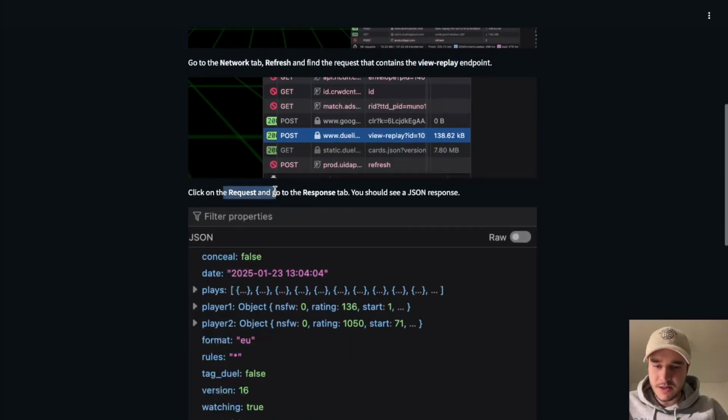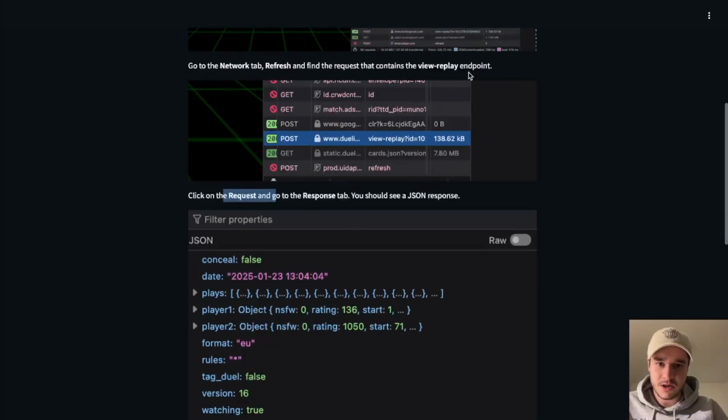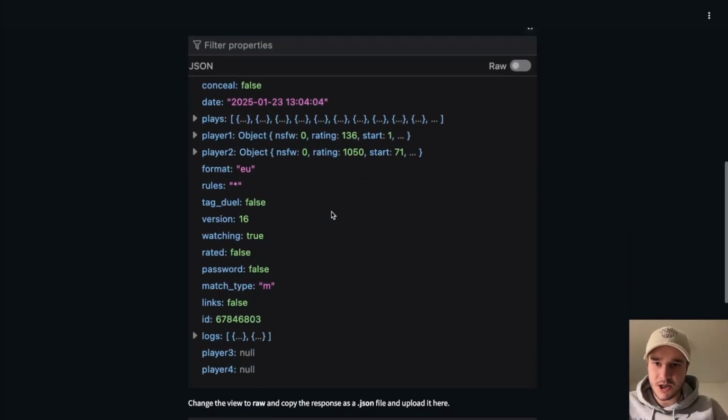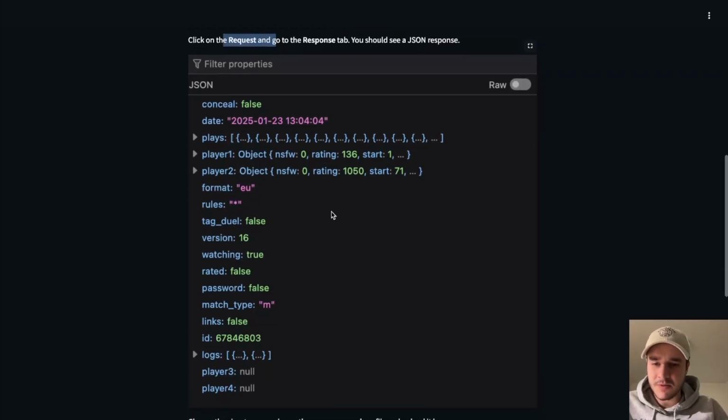Click on the request and then go to the response tab. On Chrome, this is done automatically. We just saw the response right there, but in Firefox, you probably have to click on response. It's very visible. You see these columns, and in some of them there will be a response tab. You can click there, and you will see the JSON object,